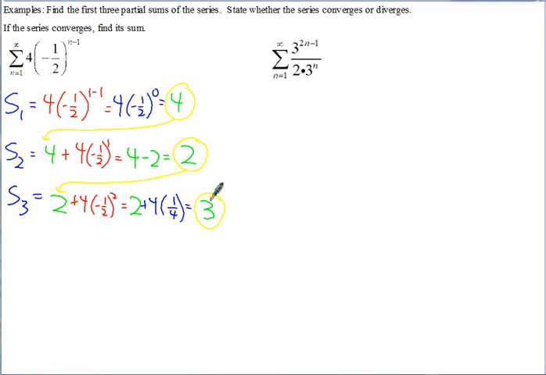And then to see if it converges or diverges, we could have told that at the very beginning. What we're multiplying by here, our base, is negative 1/2. So that's the common ratio we can often call r. And since that's negative 1/2, that is between negative 1 and 1. So we can find the sum. So that means this infinite geometric series converges. And since it converges, you can find the sum